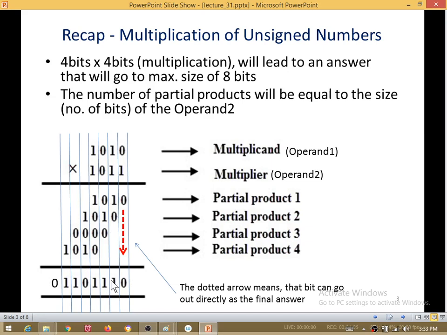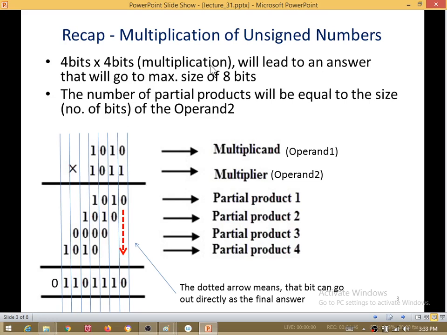Now just a small thing to notice here is, when I multiply this number with a 0, it actually leads to a partial product. So this partial product 3 is a 0. So if I neglect this 0 during the addition process, it is all right. Which means that I am more worried about including the items which are multiplied with a 1, and whenever this vector is multiplied with a 0, it is okay if I simply neglect this row, because it does not impact my summation process. So just keep that in mind.